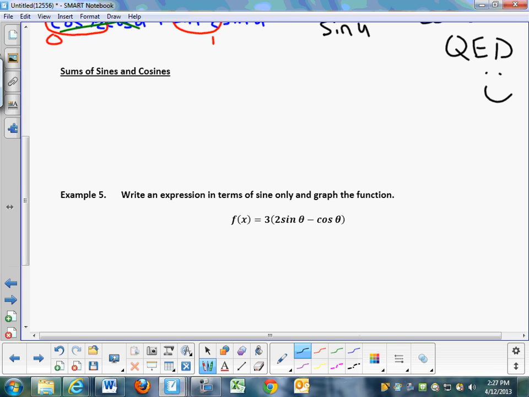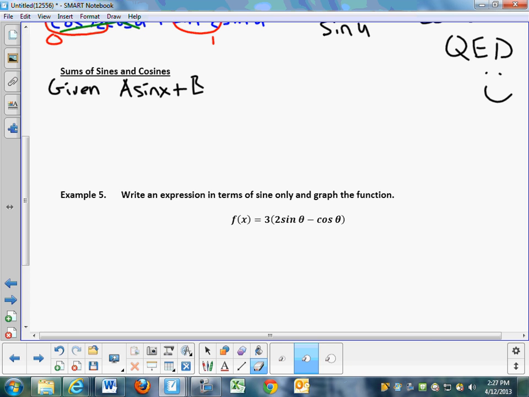So here I go. Given A sine of x plus B cosine of x is equal to K sine of